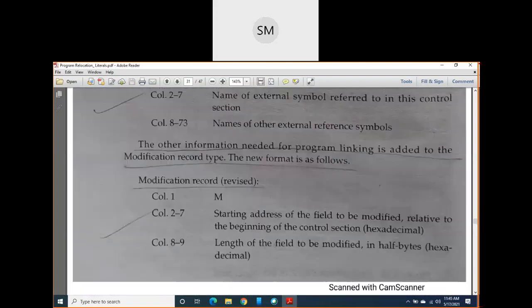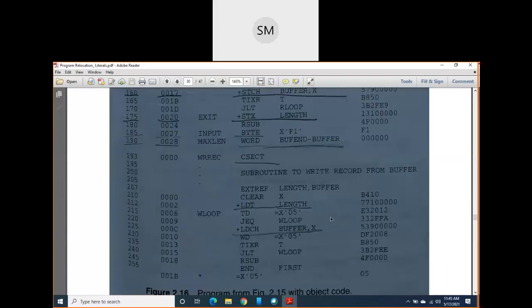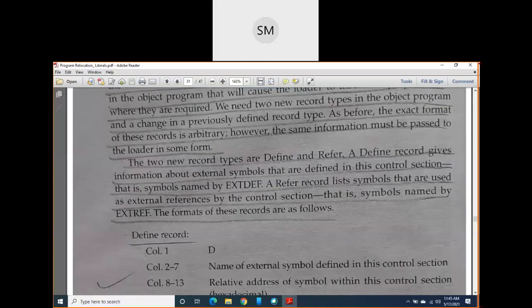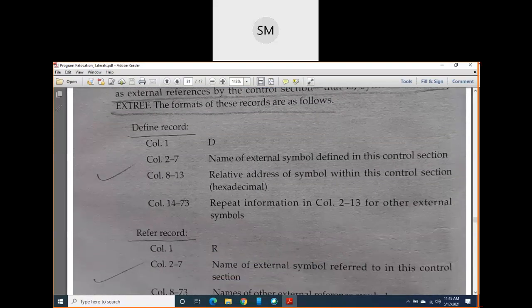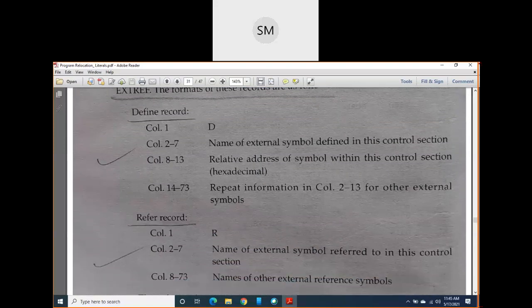So I think I just stopped here in the previous class, right? So now the next step is how to write the object program for this one. As I already told you, here we are going to use two more records. One is the define record and one is the refer record. Just keep on observing, it is very interesting.